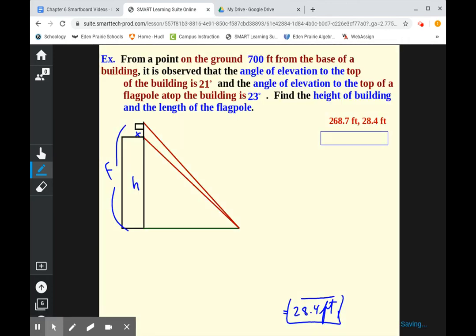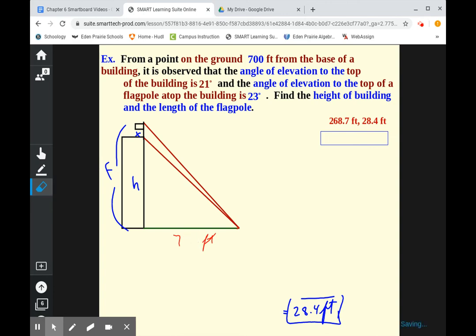So another example, a little bit more complicated, but it says from a point on the ground 700 feet from the base of a building. So 700 feet from the base of the building. So here's the point from the building, 700 feet right there. It says it is observed that the angle of elevation to the top of the building is 21 degrees. So this angle,